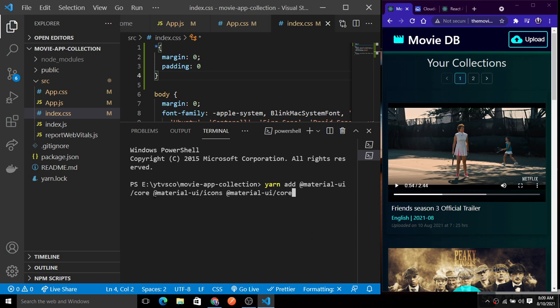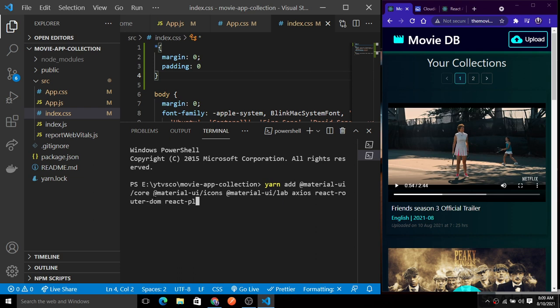Then we need Material UI lab for pagination, then Axios for fetching requests, then React router DOM for creating different pages or switching between pages, then we need React player.